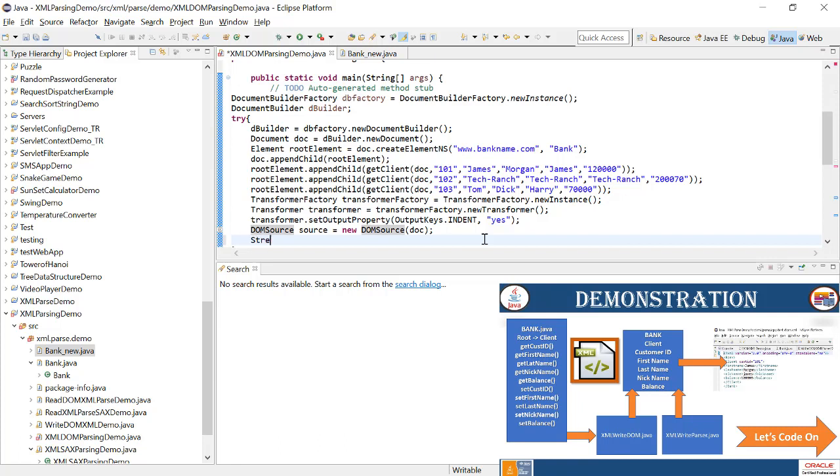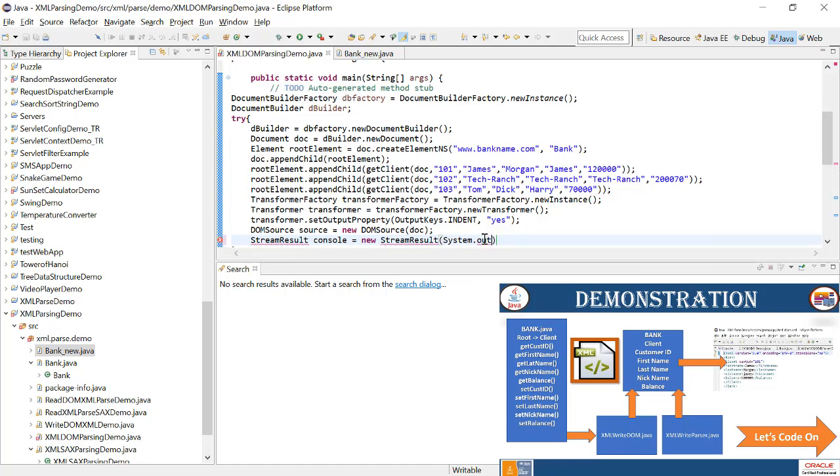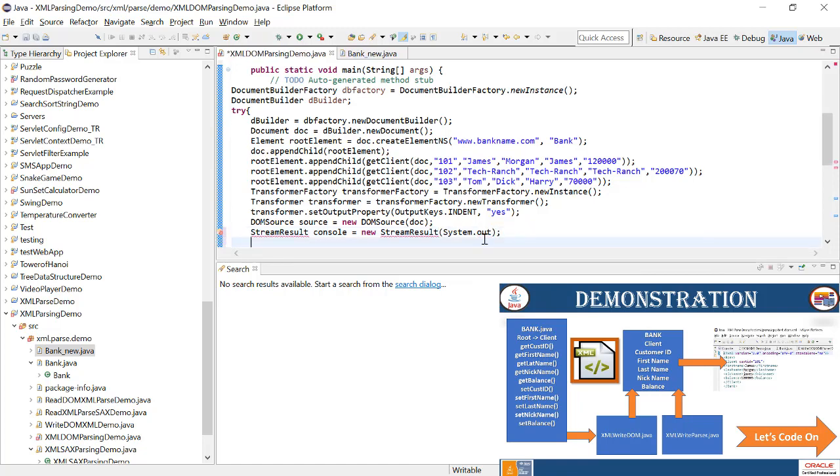So for displaying into the console, you need to use stream result. That will display, and make sure that you are getting the value properly. Okay, so this will write it, display it in the console. Another stream result,